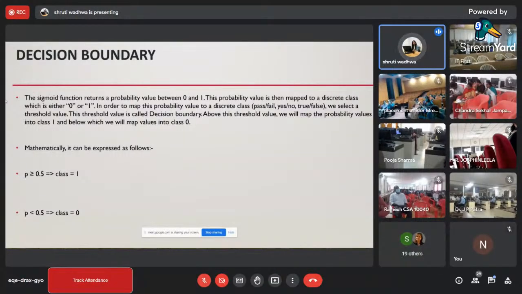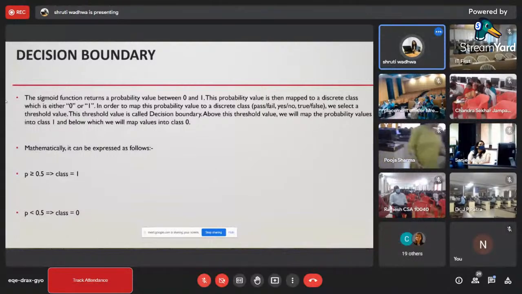Right, and over here we are taking the decision boundary. The decision boundary is the threshold value, and it's fixed here, by default it's 0.5. You can see if the value is equal to or greater than 0.5, then we can say it belongs to class 1 or true. And if it is less than 0.5, then we'll say it belongs to class 0, or the false one. Right,